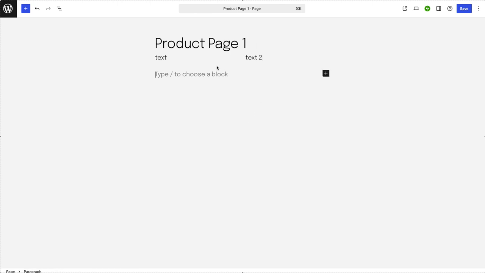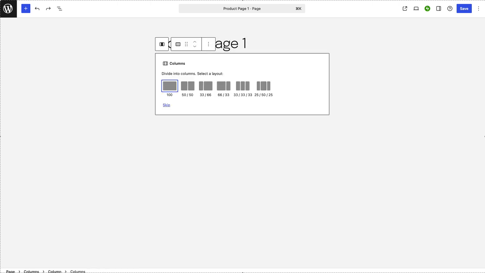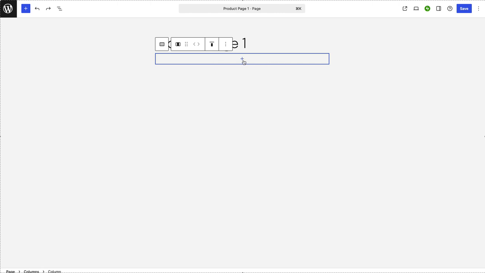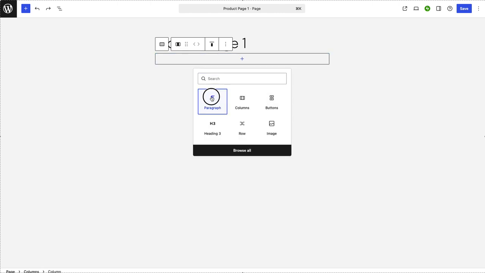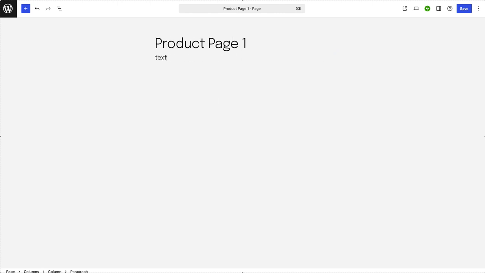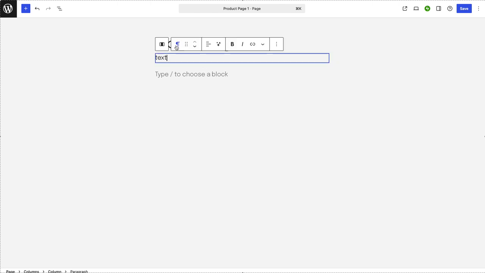There, we got that. All right, so let me just try to grab these various things. Actually, let me go back to that first column. All right, so I've got this, and I'm going to add text, and there we go. So I've got this first column,